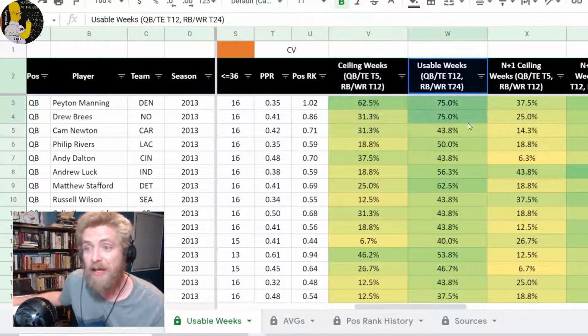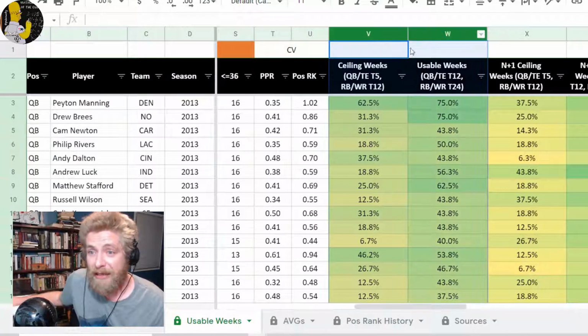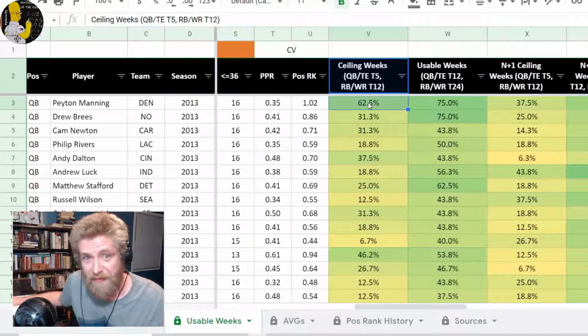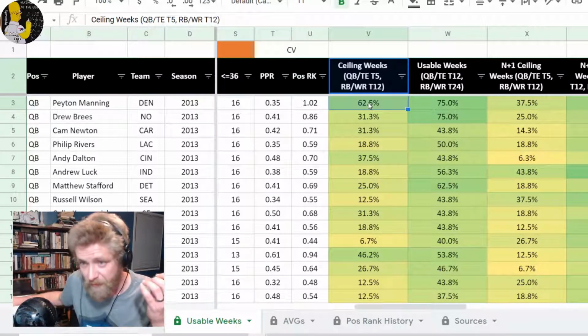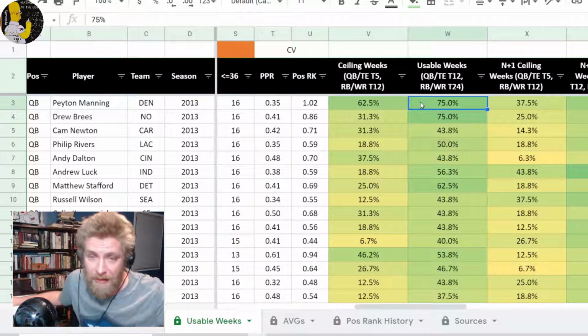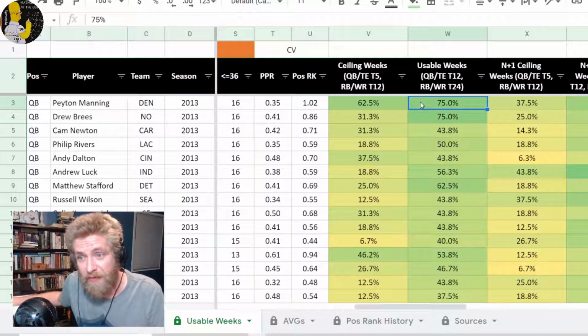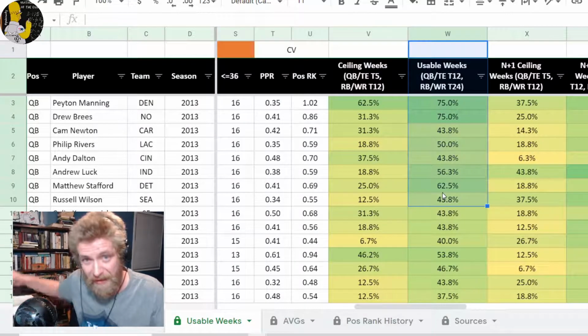They had ceiling weeks, they were usable weeks, and so on and so forth. Now, again, that's just because I want to know the percentage of weeks you're getting from Peyton Manning as a quarterback 1 that are usable in fantasy football, defining it as a top 12 season. As we just saw, that's 75%,